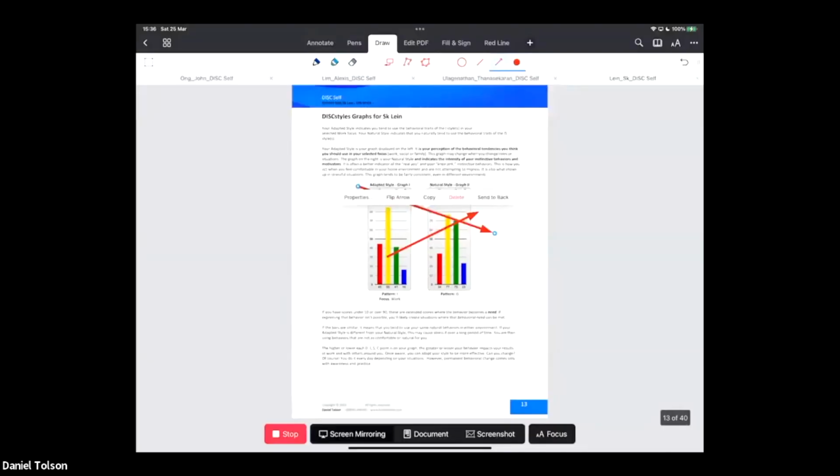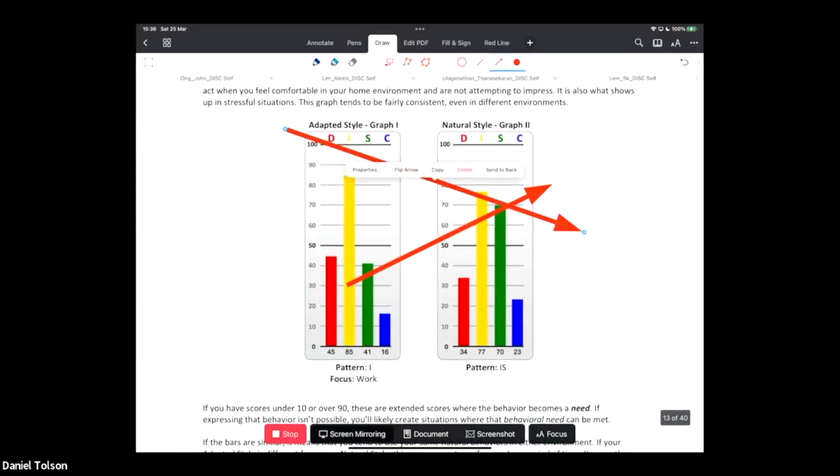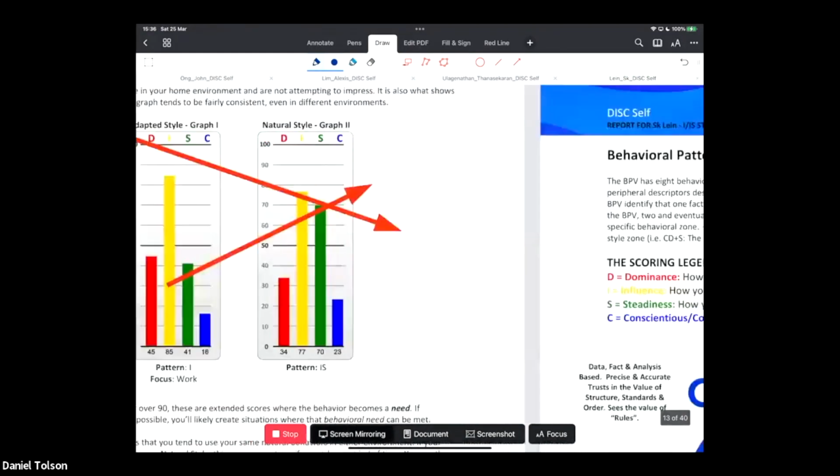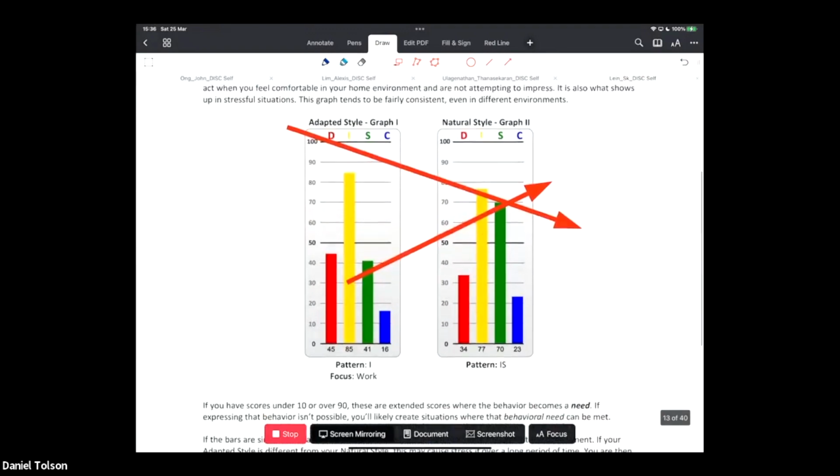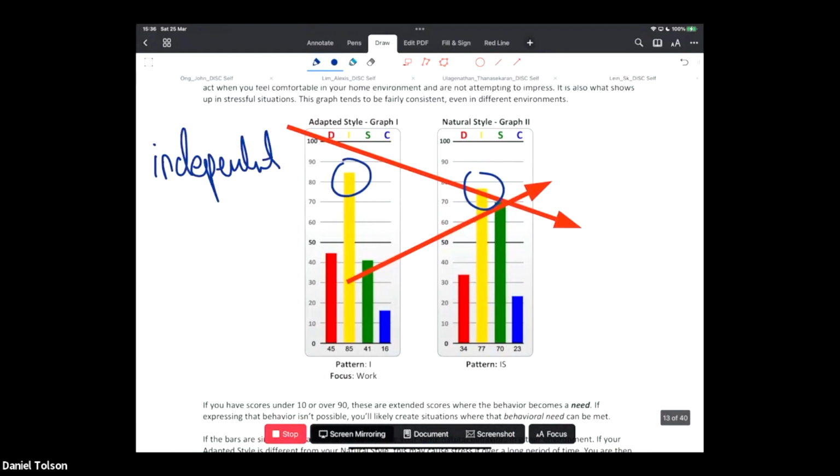Well, the beautiful thing is when we look at the DISC style, SK, the I style for you is really high. And the I style is very independent. So the I style is independent and fast moving. And the low C style here is also independent. So what happens is that the high I creates a need for independence, and the low C reinforces your need for independence.